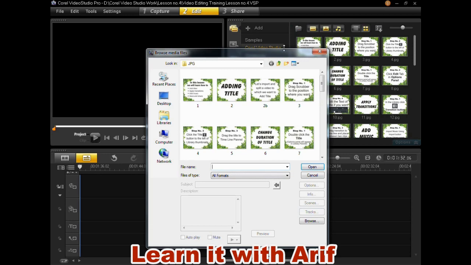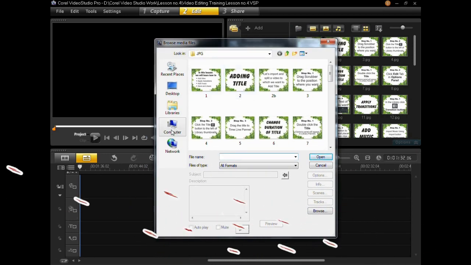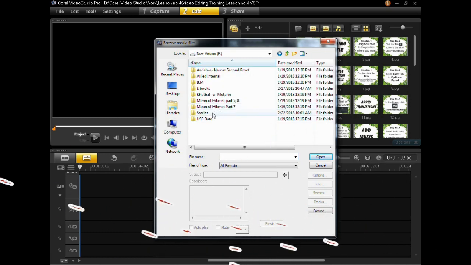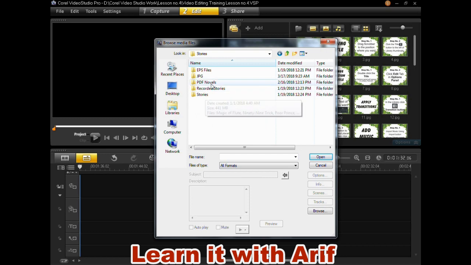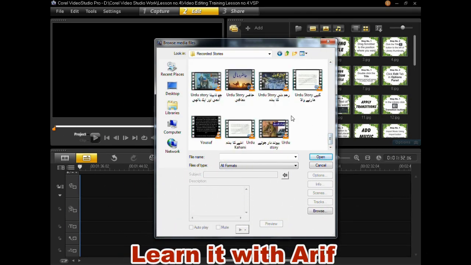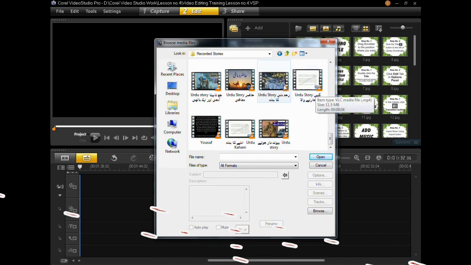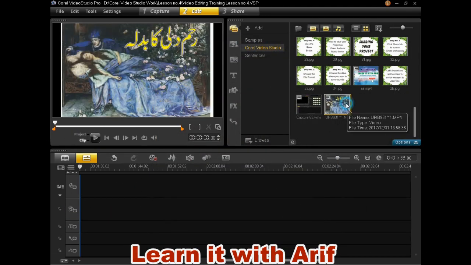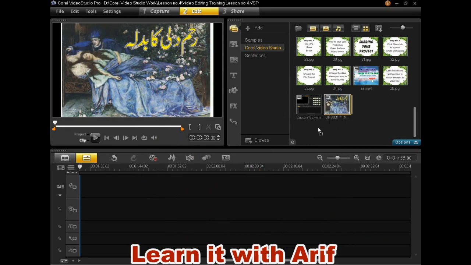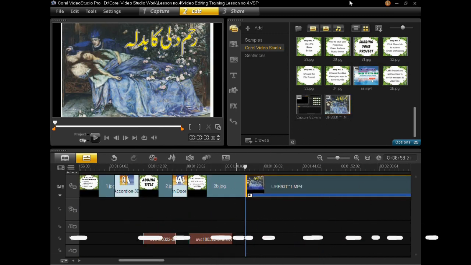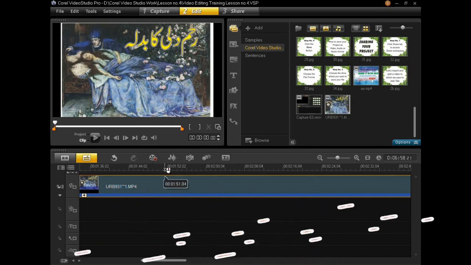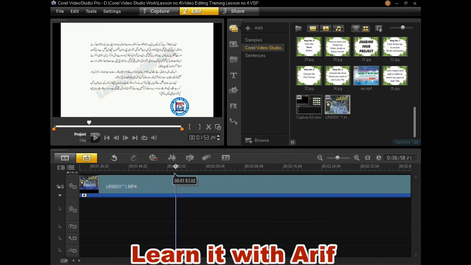Click this button and go to the drive where you have stored your video. Choose the video to which you want to add a title. This is the video. Drag this video to your timeline panel. And now let us split the video if we want.